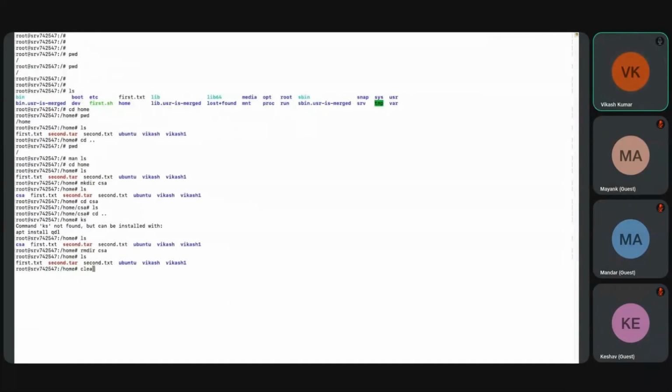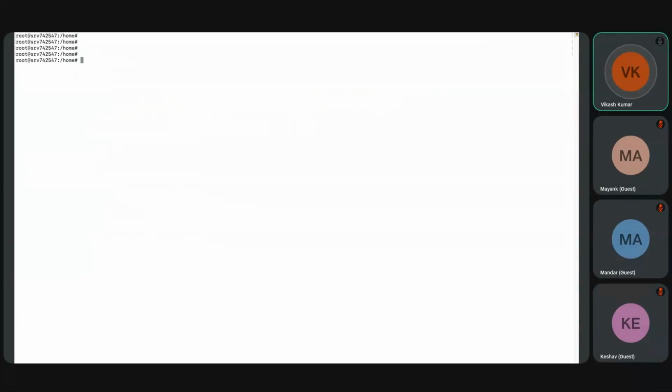Now, clear the screen. Now you want to create a file. We have different methods. Suppose I do ls, and I want to create one text file, say third.txt. The first method is the touch command. If you write touch and the file name, it will create a file. It will just create an empty file. Nothing is there. If you want to add or write anything, there are different commands. But if you want, in a single command, a file to be created and be redirected into an editor where you can write anything,